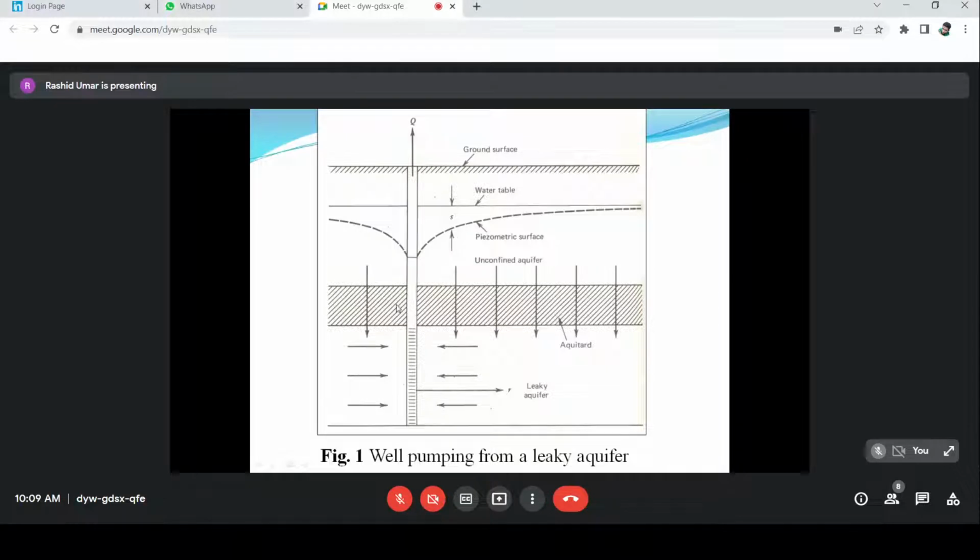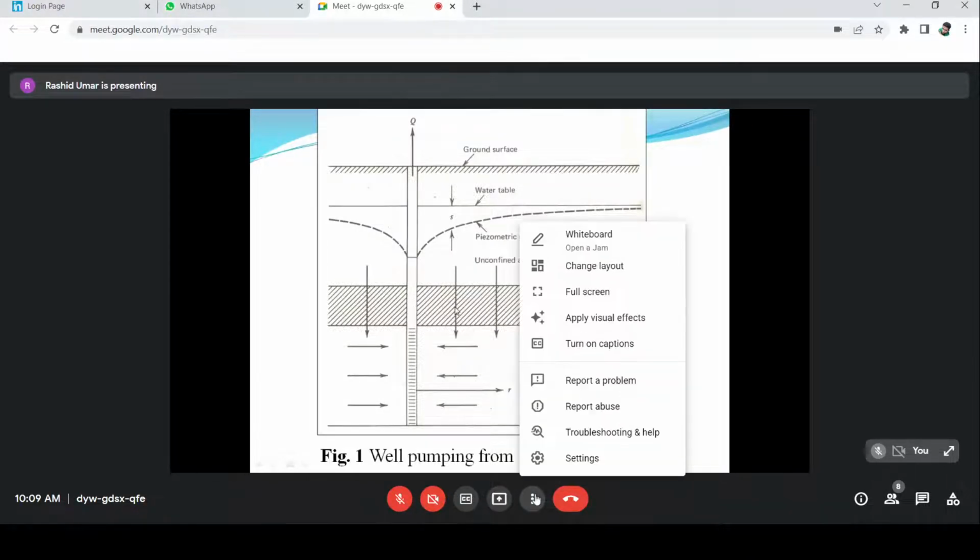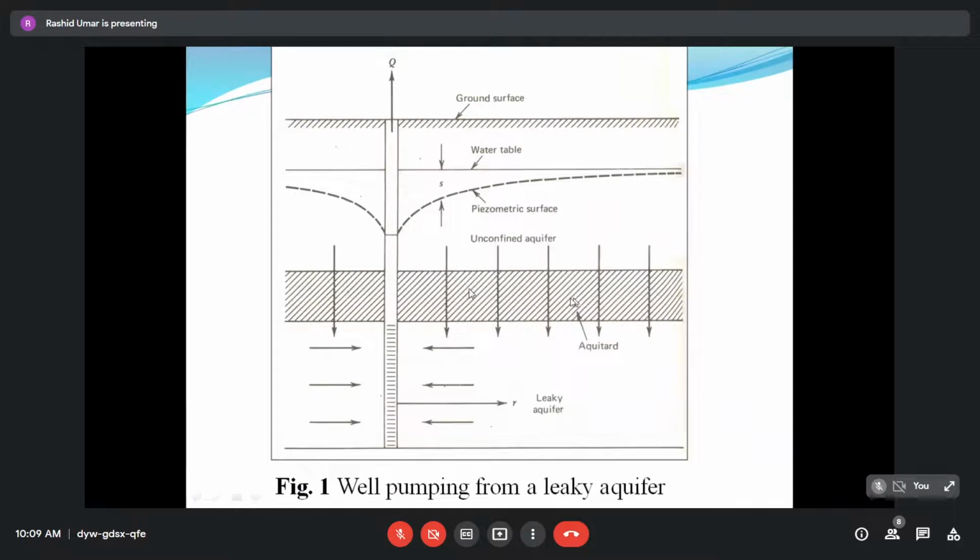Yeah, so this is the aquitard which is containing water, and we consider here that there is no horizontal flow, but when we start pumping this aquifer, the water which is contained here will start migrating downwards. And how much will this migrate? Above this aquitard there is an unconfined aquifer. For the unconfined aquifer we have the water table, and for this we have the piezometric surface, which is being lowered because we are pumping it at a discharge tube.